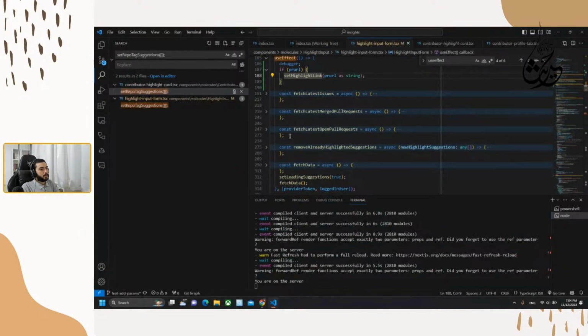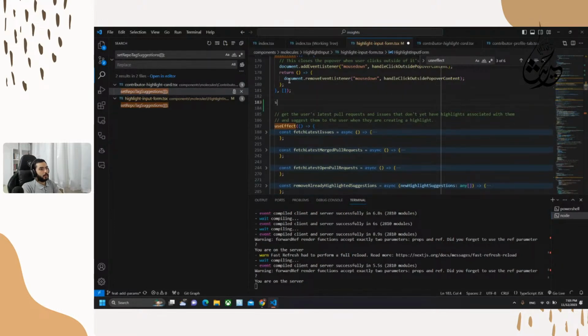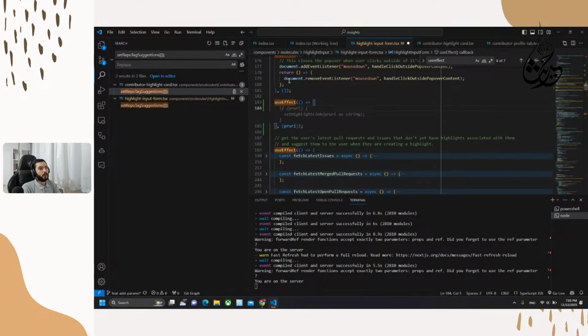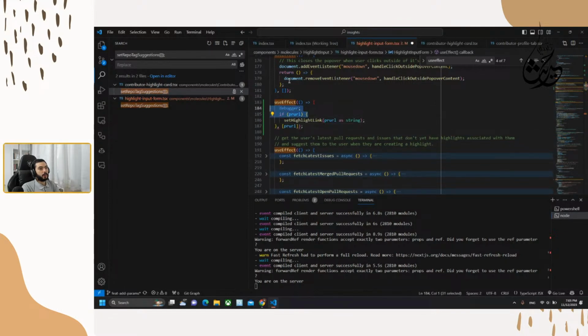So I think we could then have a use effect that, when the PR URL is changing, sets the highlight, and this will let this stuff work for us.